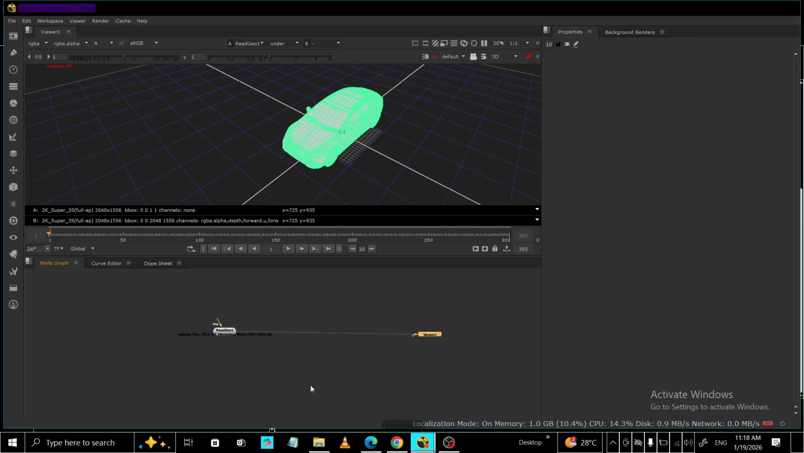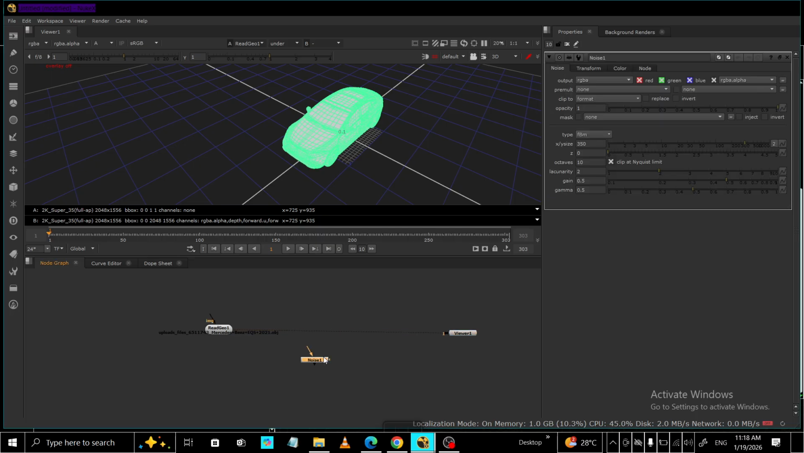In today's video, I'm going to teach you how to add and animate noise in Nuke. We'll start right in the node graph. To create the effect, add a noise node. The fastest way is to press the tab key and start typing noise, then hit enter. This gives you a procedural texture that's great for film grain, grunge, or atmospheric elements, and it doesn't rely on